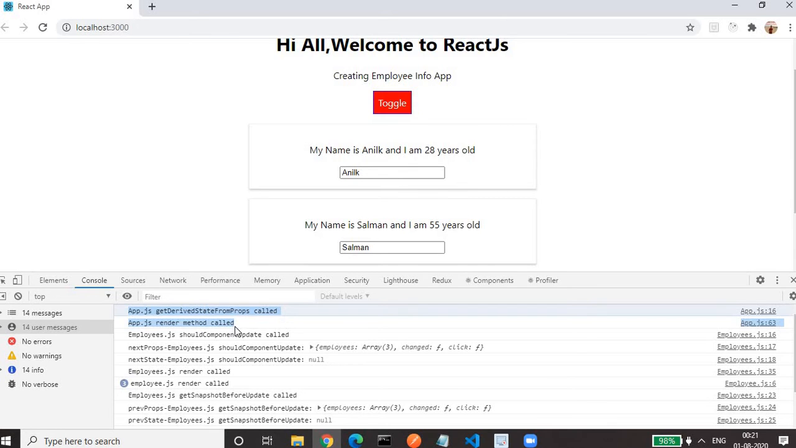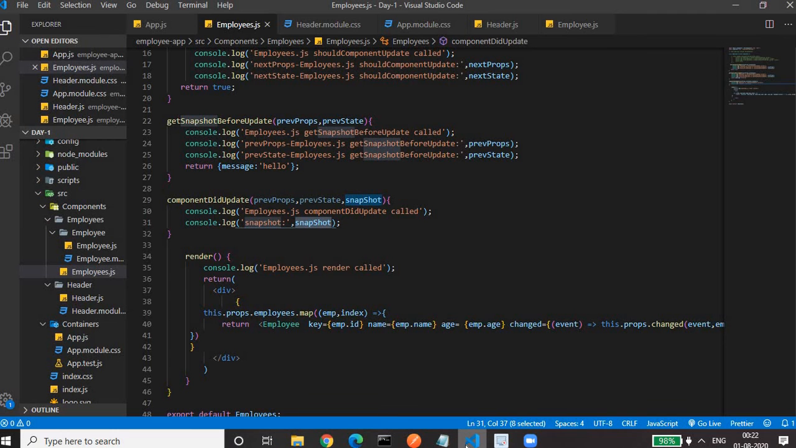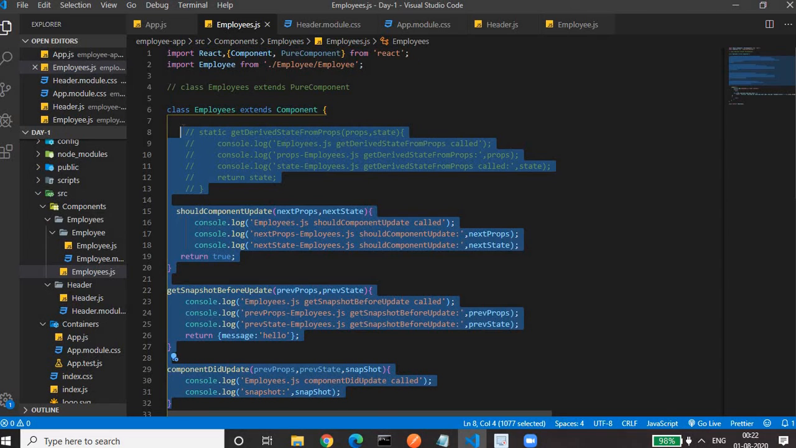And here we don't have other methods like shouldComponentUpdate or componentDidUpdate. If we had mentioned them in the app component, then you would see the corresponding method here. Okay. So what I want to say is, these are the lifecycle methods which are called when our props get updated or when state gets updated. Okay. Now we'll see